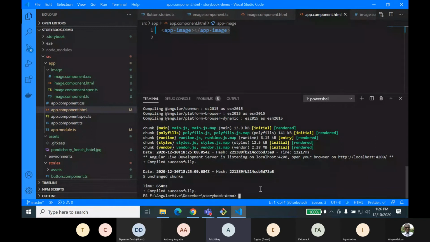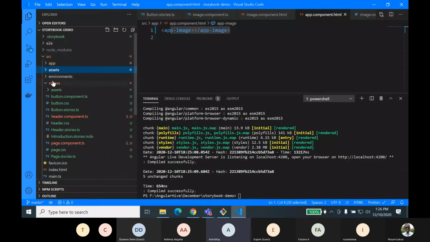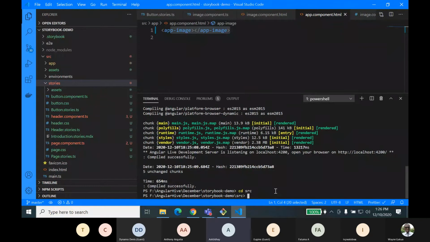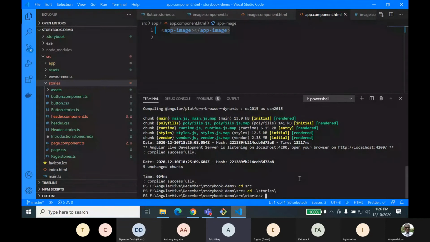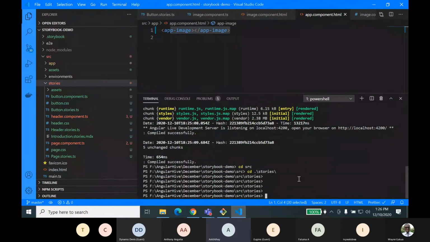So go ahead and create stories. Let me stop the server, and we need to create the story. You know that our stories are right under the src stories folder, right? So just jump onto the src folder first and move on to the stories folder. Okay, I'm right under the stories folder. I'm going to create a simple stories class here. To do that, I'm going to use a touch command to create the story. So touch, and you can name it however you want. I'm going to name it